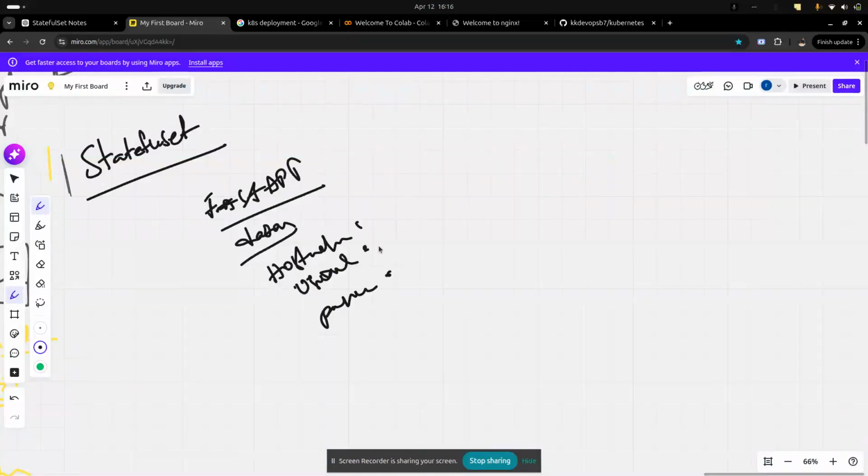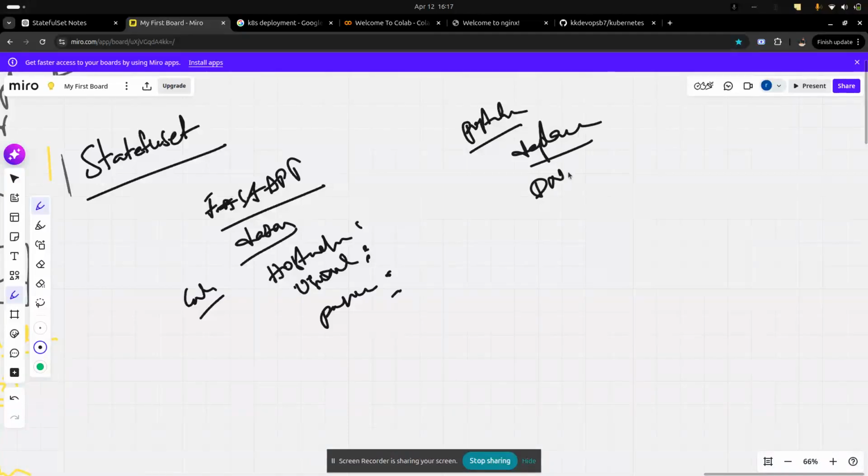These things will be needed in the config file. Let's assume we have deployed PostgreSQL with a deployment. In the DNS, if I give the DNS as Postgres